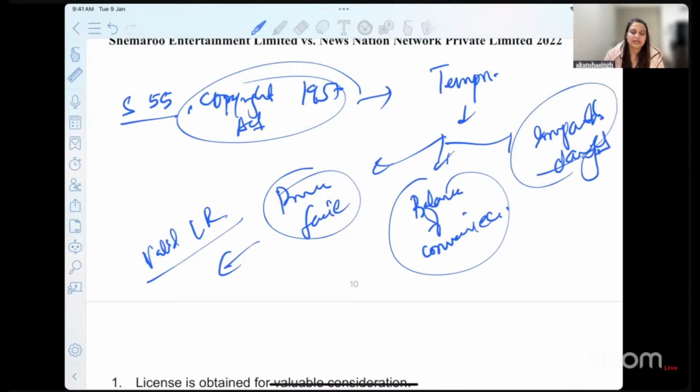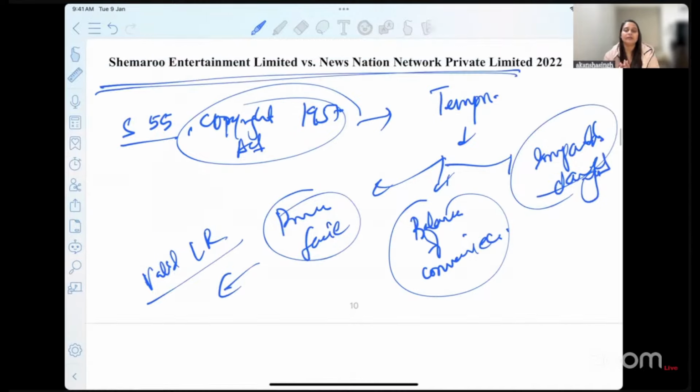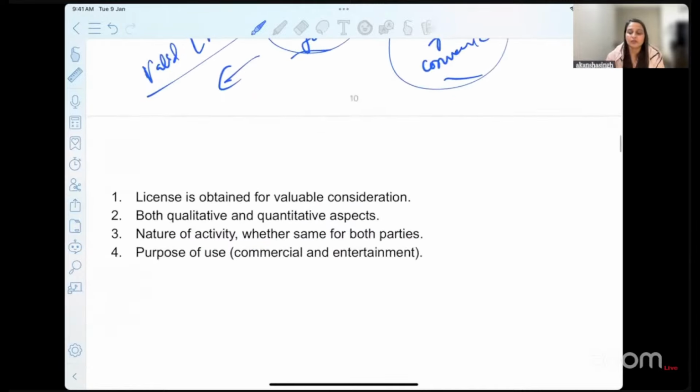This was also decided in this particular case of 2022, wherein the court said that all these categories are fulfilled, and therefore the requirement of granting temporary injunction arises in the given set of facts. So this can be your answer. All these important points can be there, and then you can conclude by all these points that I have written,